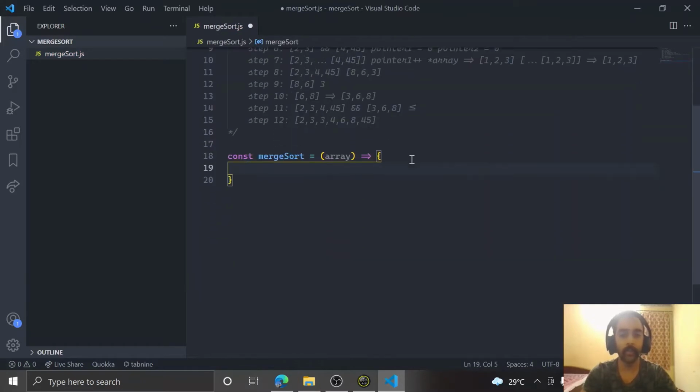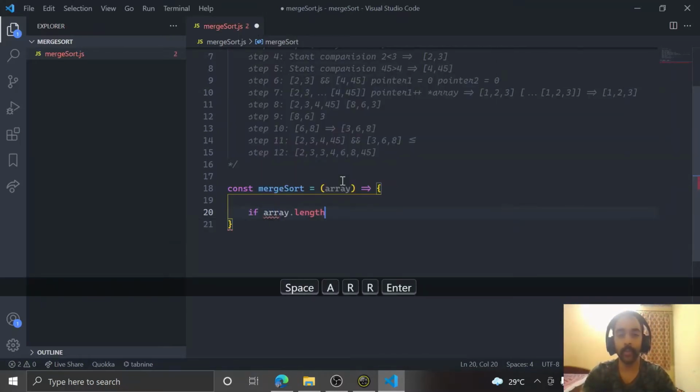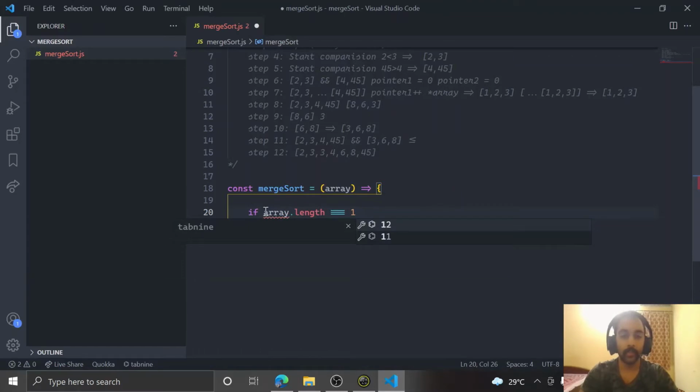Arrow functions are pretty convenient in JavaScript. You can use whichever language you want. It's just that arrow functions in JavaScript are really great, so I'm using that. And now before going into a recursion, I want to make sure that I have my boundary check, which is if array.length equals 1. If this is the condition, then you want to return